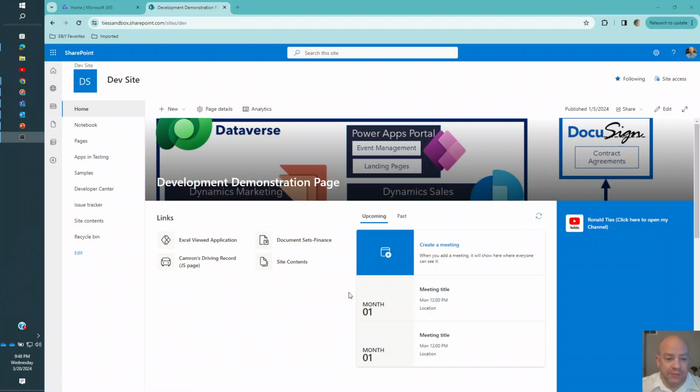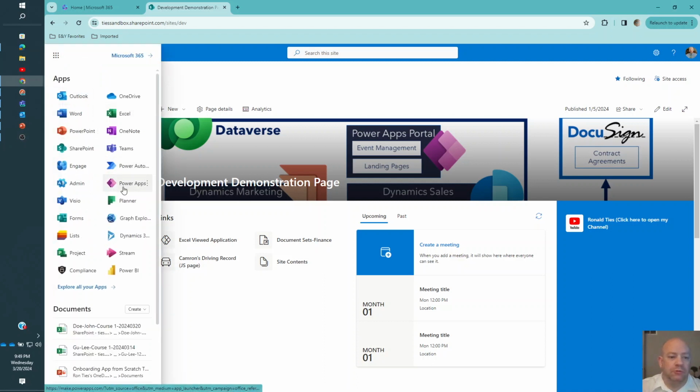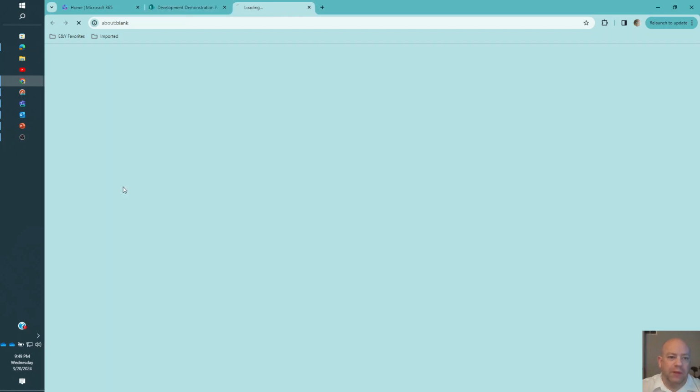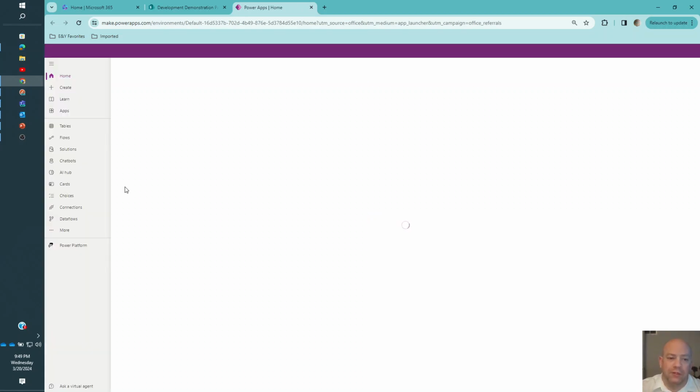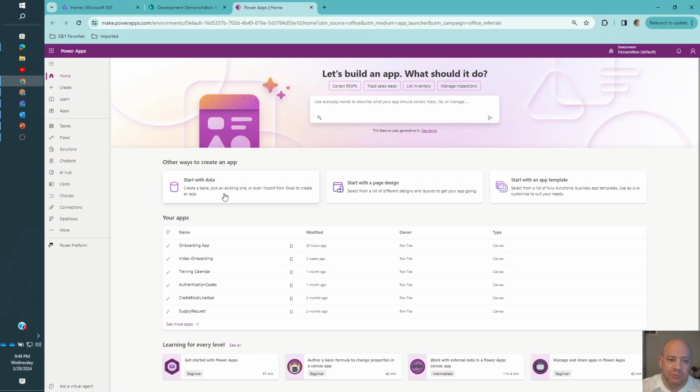Alright, as you can see, this is my SharePoint page, our videos. So the first thing we want to do is create our Canvas app. What we're going to do is go to Power Maker, which is the way you go to make Power Apps. It takes you to the same place. So this is my maker portal. We're going to go here and hit create,